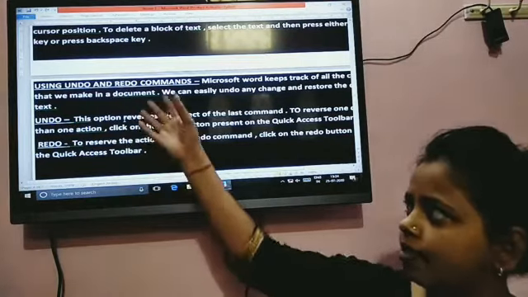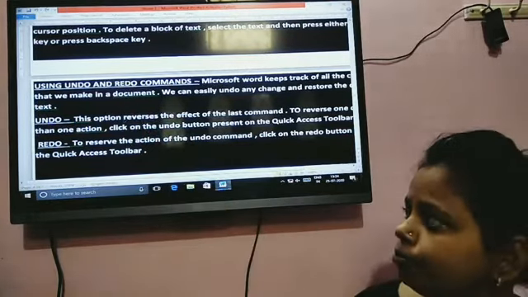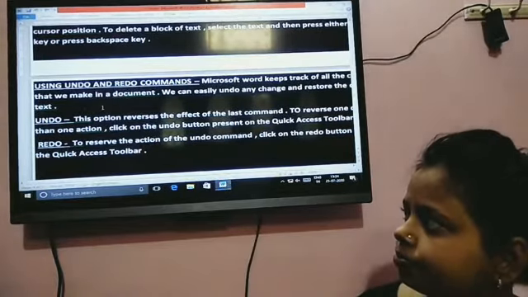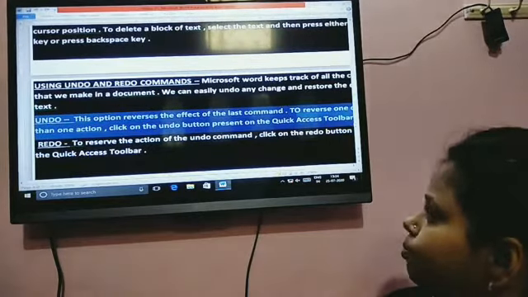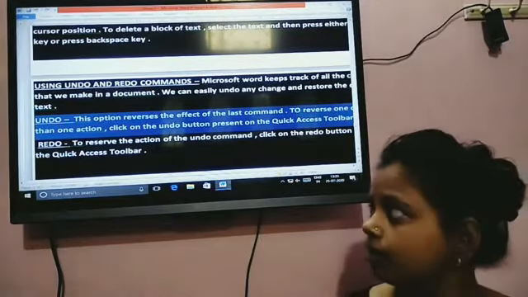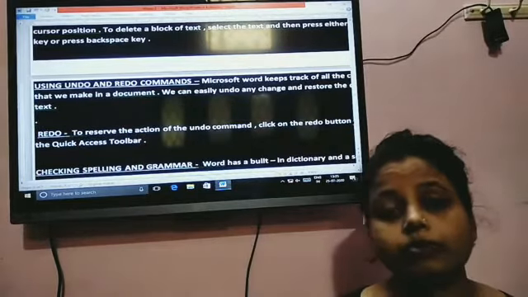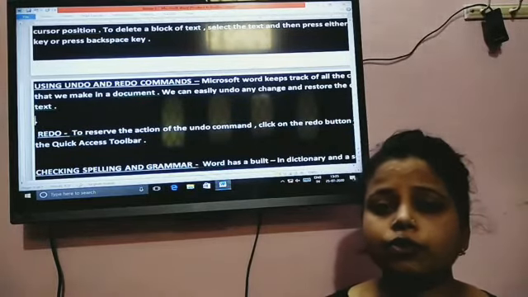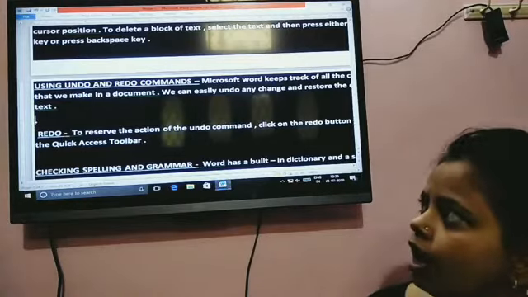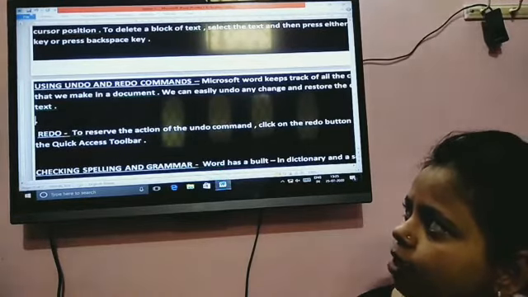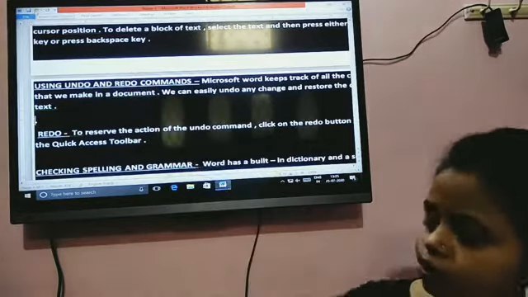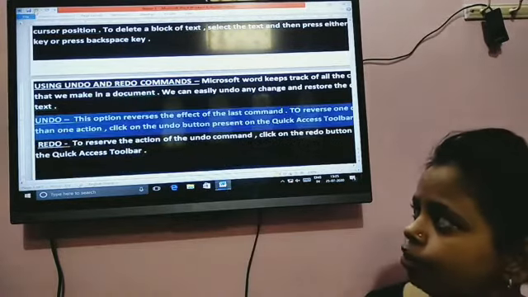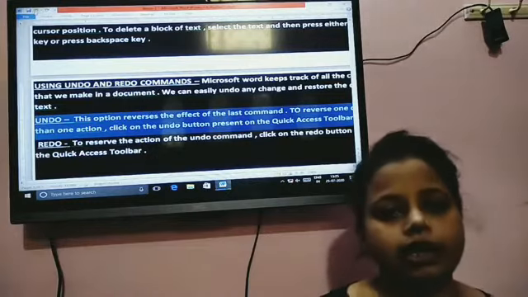Just like I have written this, and by mistake my line is deleted. So what will I do? I will use the undo command. This is your undo command. Can you see the name? I will press the undo button, and it will come back again.